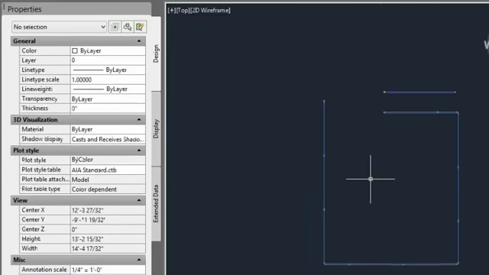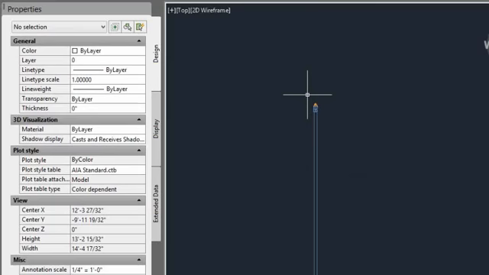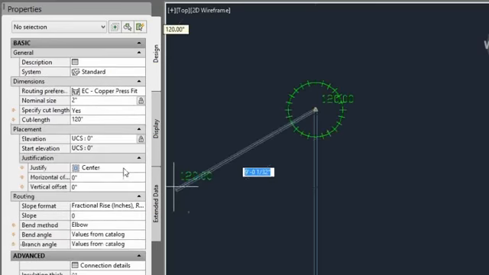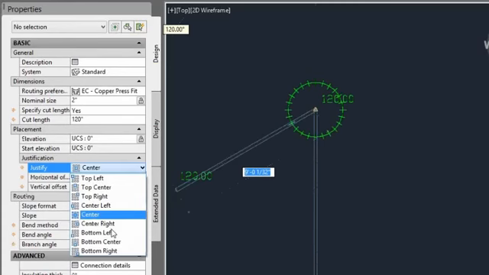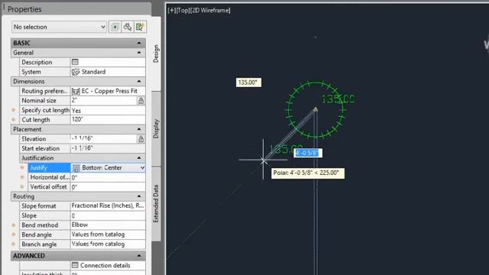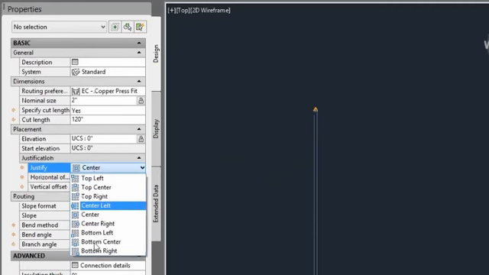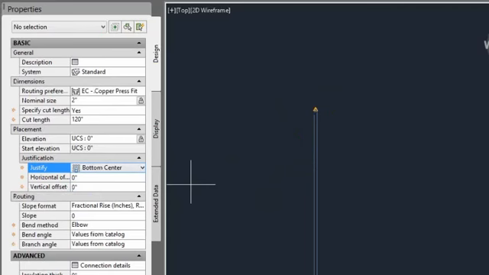Some other things with the property palette. You can set your justification. When routing pipe, most of the time I like to set my justification to bottom center. That is so I can start the command, have my justification at bottom center, and then, remember earlier I talked about the command line,